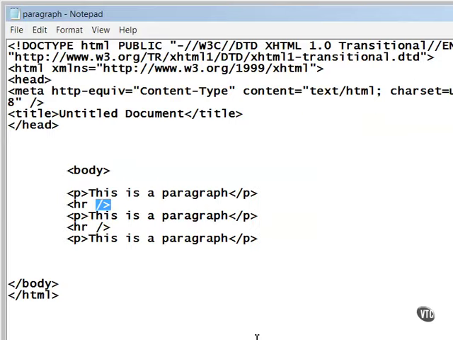Now, the amount of space inserted by default with the P tag depends on the size of the text surrounding it. Let me give you some tips for the use of paragraph tags. The closing paragraph tag is optional. As you can see here, if I remove it and save this file here,